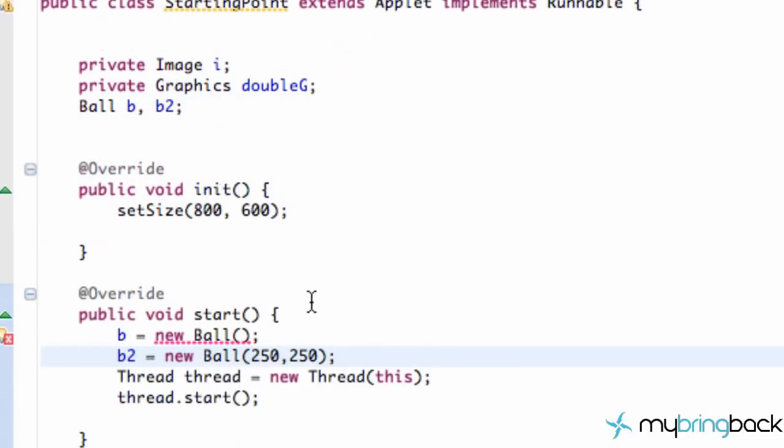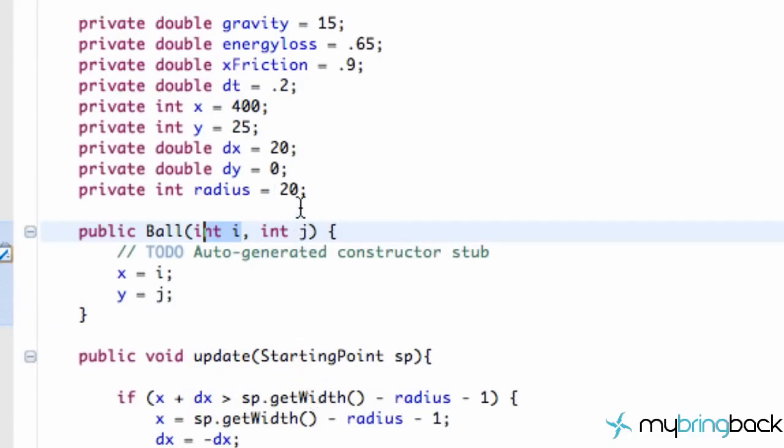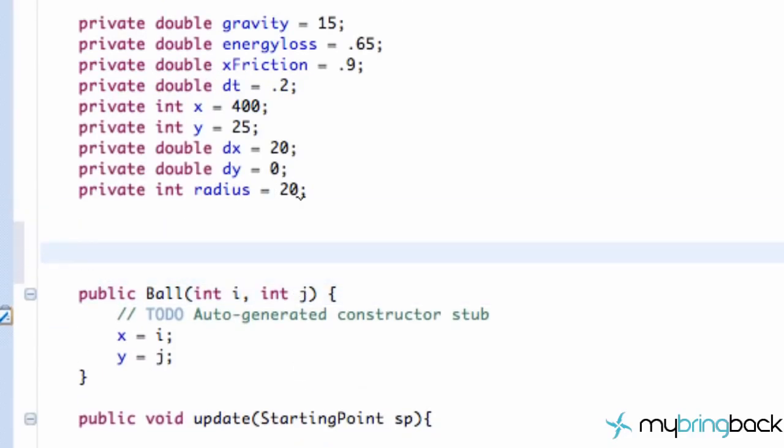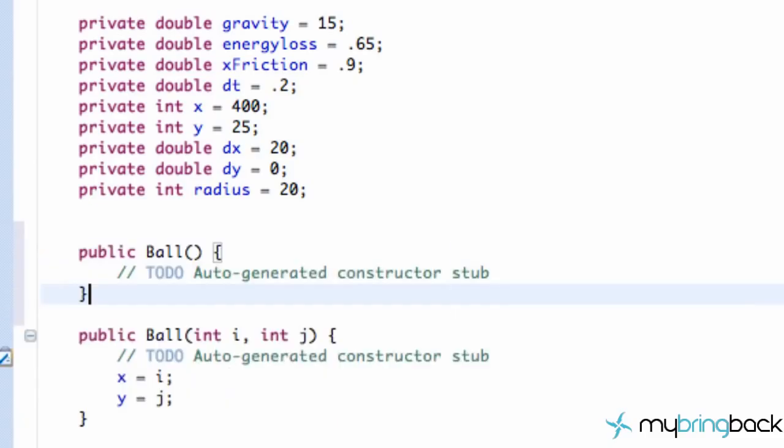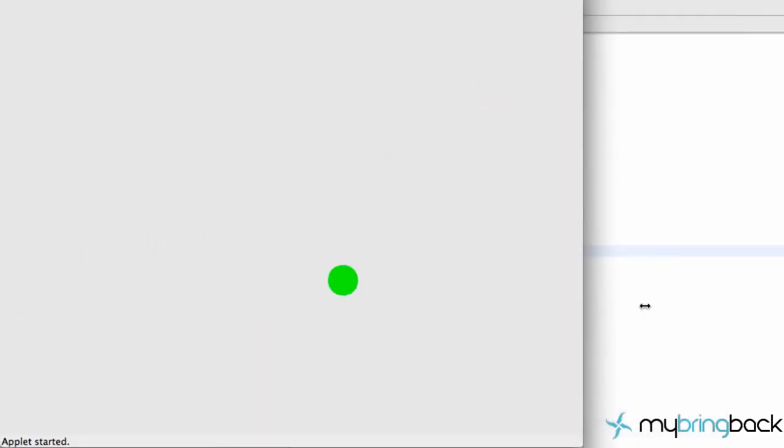And then when we go back over to our starting point class, we have a problem with setting up our ball B here. Again, if you watched the last series, that explains why we just need to add a default constructor. So if you hit control space, it says add a default constructor for ball. Hit enter, and we are good to go. You don't have to change anything else. So now when we save this and run it, we should get